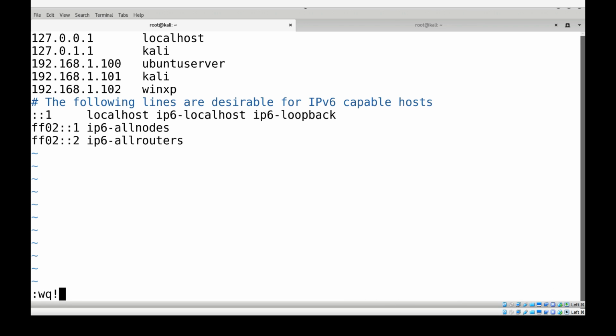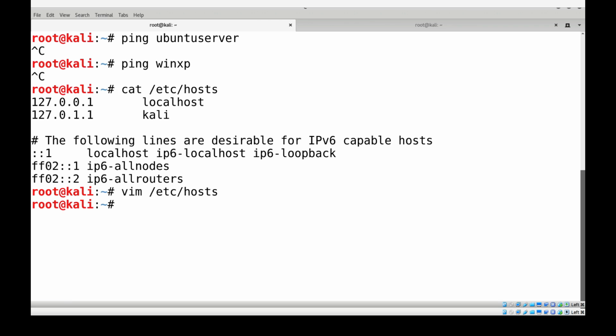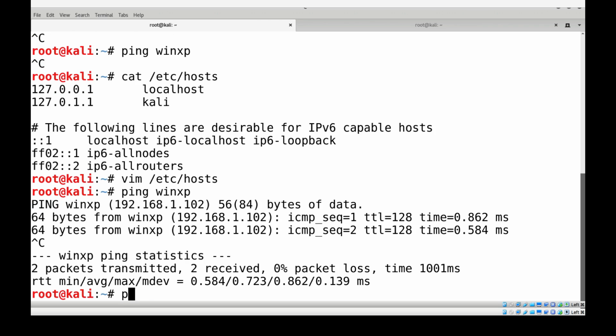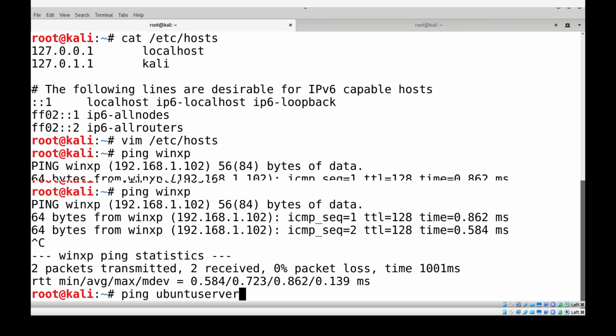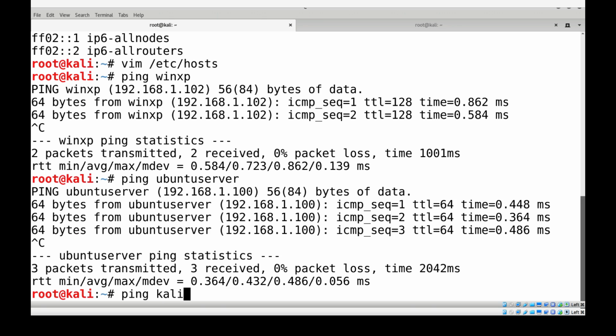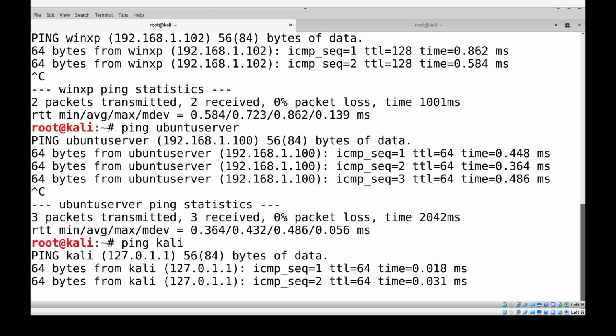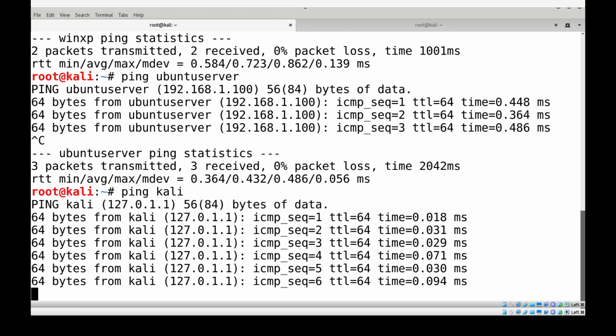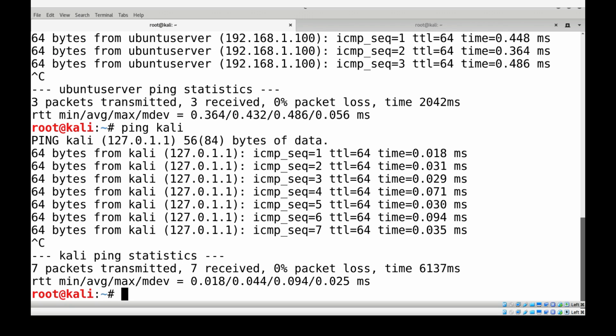Let me save and exit, and let me ping WinXP now. I'm pinging. Let me ping Ubuntu server. I'm pinging it. Let me ping Kali. I'm pinging it. You can similarly add these names in the Ubuntu server machine as well in the etc hosts